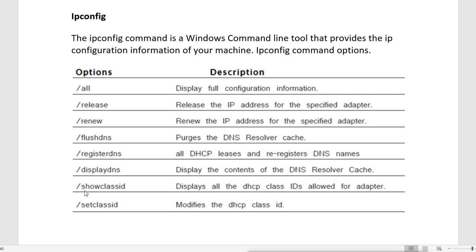Then we have showclassid. This showclassid displays all the DHCP class IDs allowed for the adapter. Then setclassid modifies the DHCP class ID. These are for the different DHCP options.